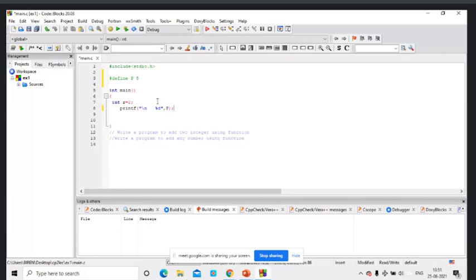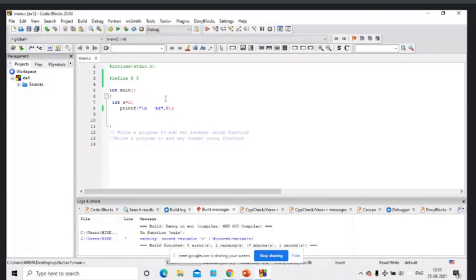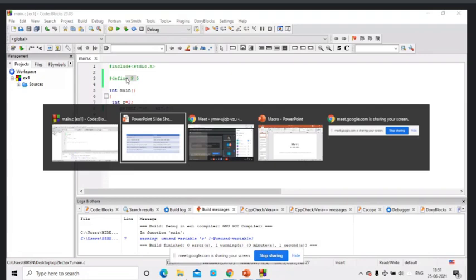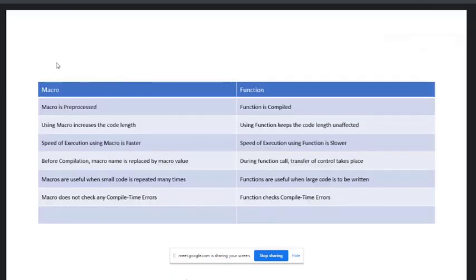So I'm going to observe 5 on my output screen, but you can directly write 5 instead of defining the constant. So basically you are increasing the length of the code. Length, you can say size also, because if you increase the length, you are increasing the size also. You can verify in the folder. So the second point is: using macro increases the code length.